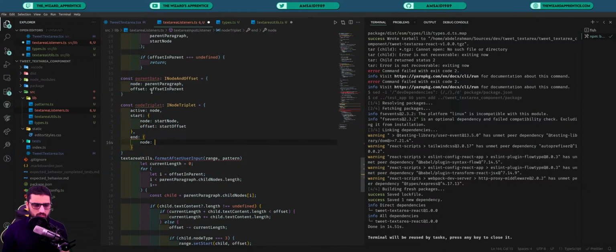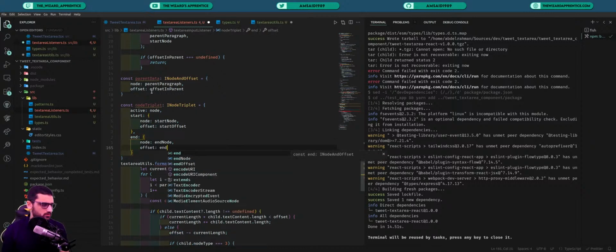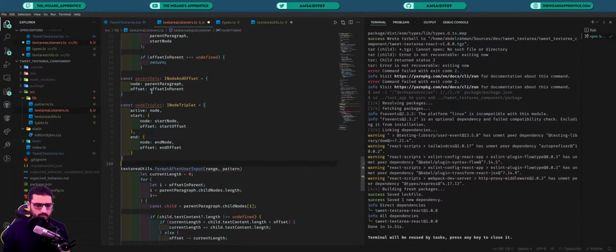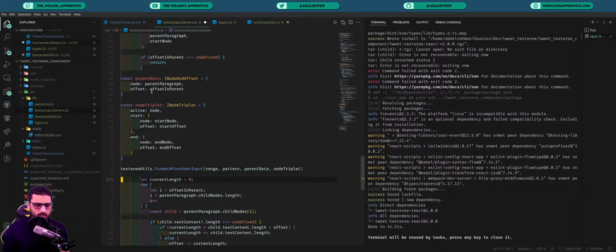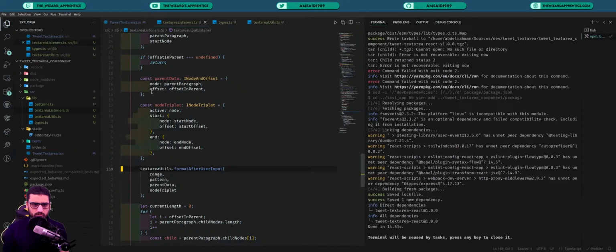What the hell is happening here? End node, and offset is end offset, and then we just need to pass parent data and node triplet. And if we save now,